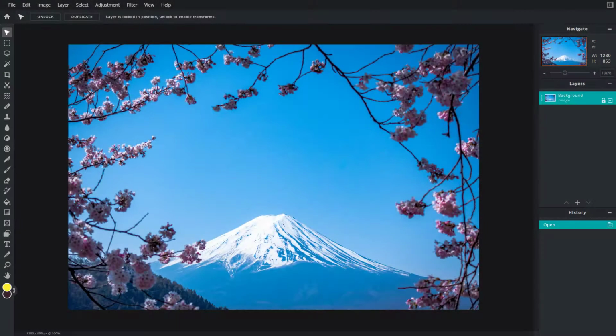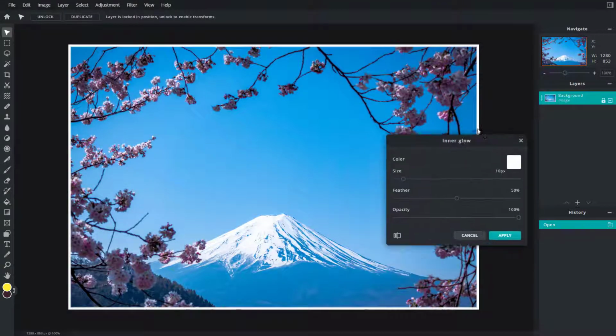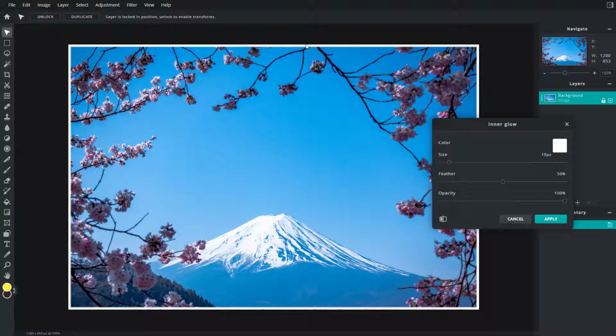So now let's see how we can use the inner glow option inside of Pixlr E. To use the inner glow option, I'm going to go into Filter, and over here Inner Glow is what you can see as an option. Once I click on it, you can see that you've got the inner glow option right here, which adds in